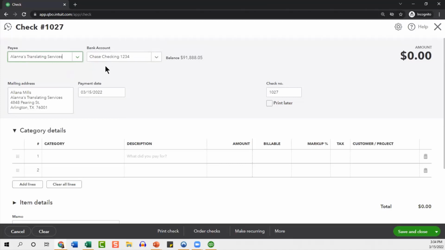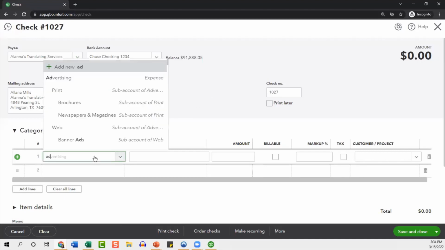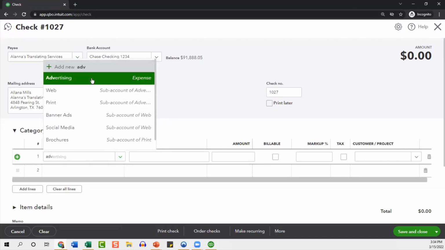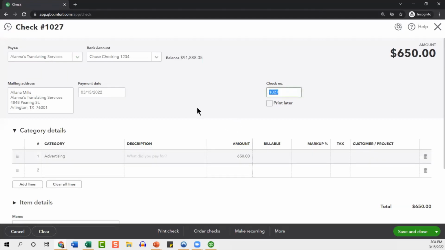I write checks under our bank account here, our Chase checking account, and our payment date, I'll just have that be today. Now, what am I paying for? I'm going to use the category field here. I'm going to use my advertising expense account, and let's go ahead and enter our how much, our amount. You'll notice though, here on this check transaction form, you actually get a check number. So if this is a handwritten check, then you just want to copy whatever the handwritten check number was in